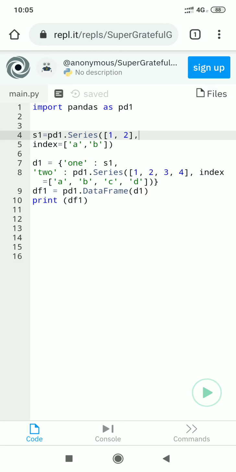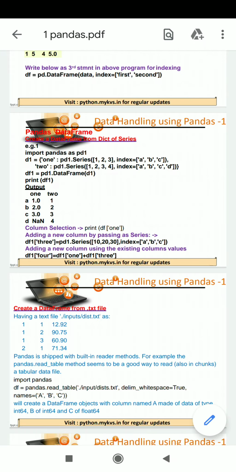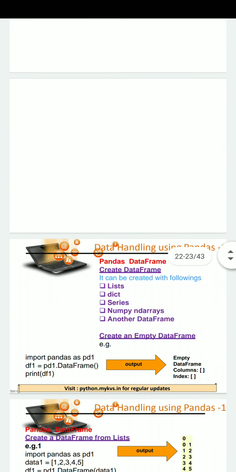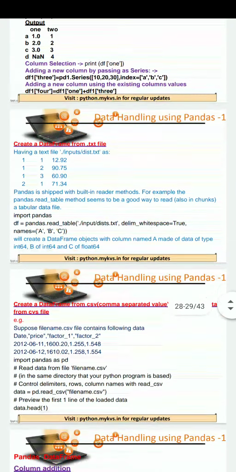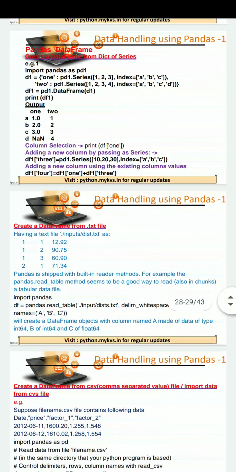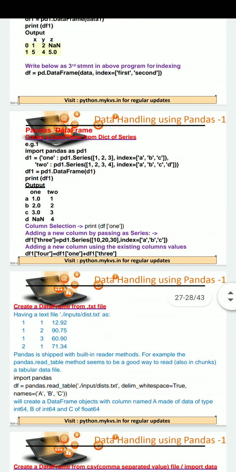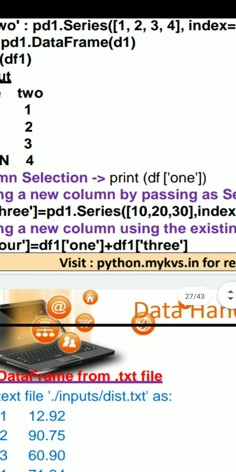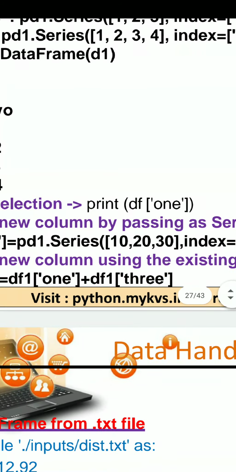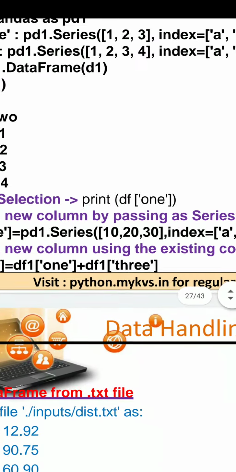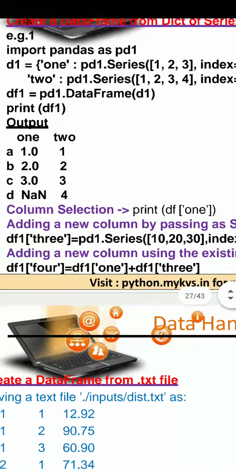Okay students, now we move towards the next part. This one you will practice yourself. Students, the remaining part of this topic is column selection: we can extract a single column's values only with the help of specification, like print df1 with the column. It will display only the values of one column.